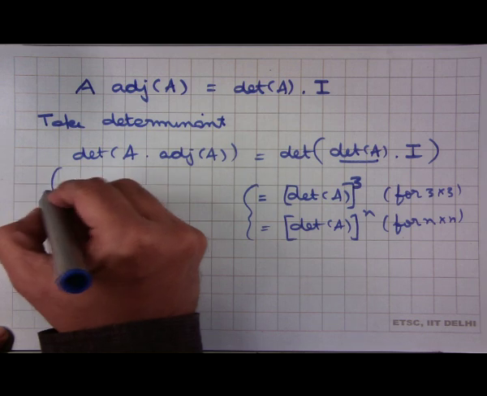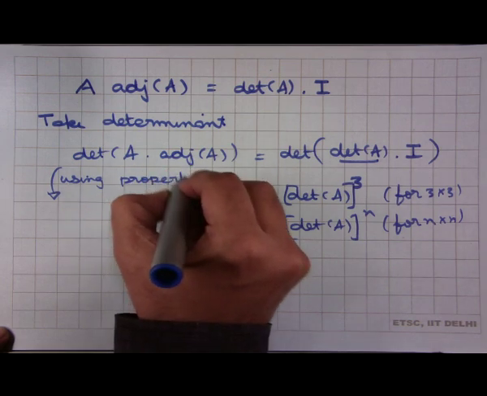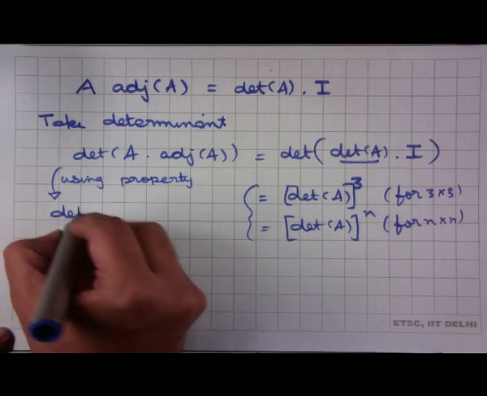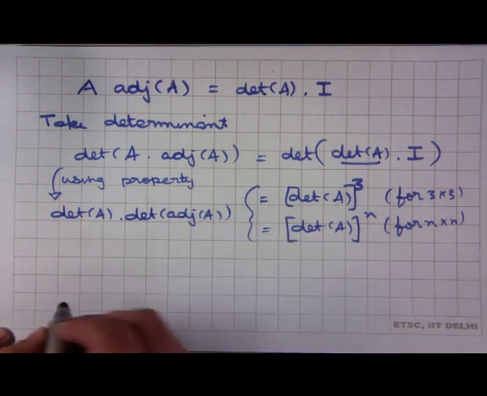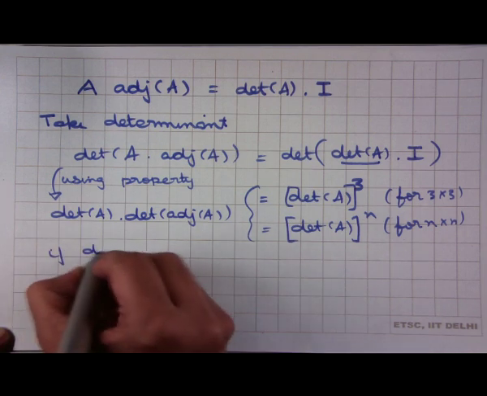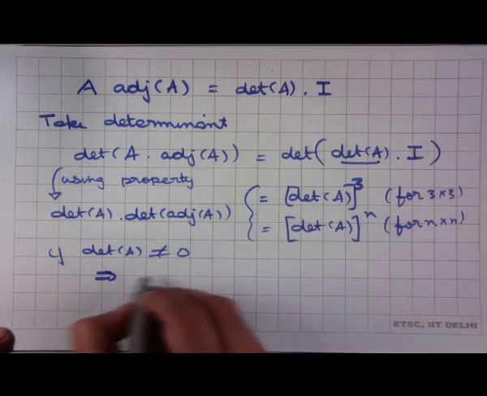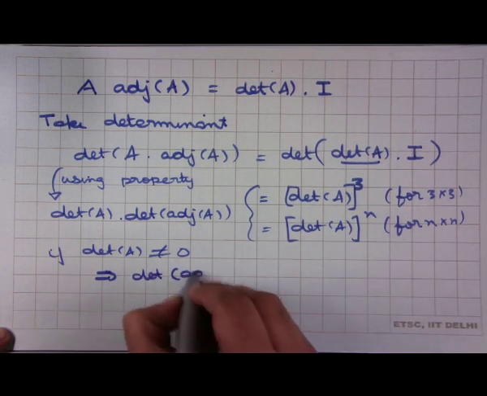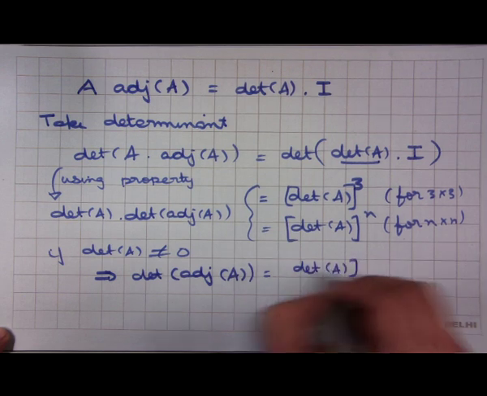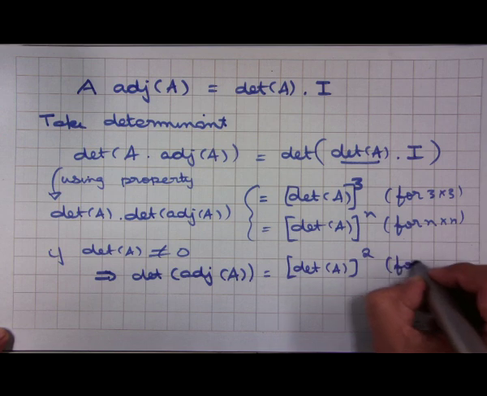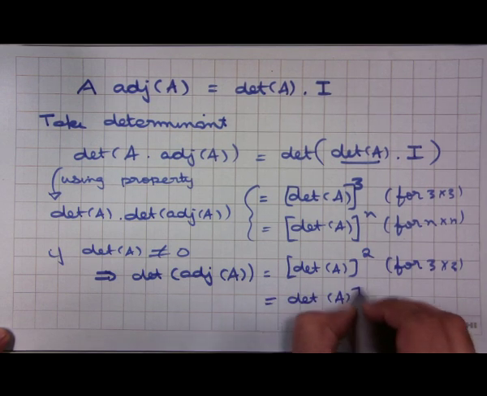Well, using the property that the determinant of a product of matrices is the product of the determinants, we will get the determinant of A times the determinant of adjoint of A. So, if the determinant is not 0, then we can just cancel one determinant of A on both sides, and we get that the determinant of adjoint of A is equal to the determinant of A whole square for the case of 3 by 3, and in general it is just determinant of A power n minus 1